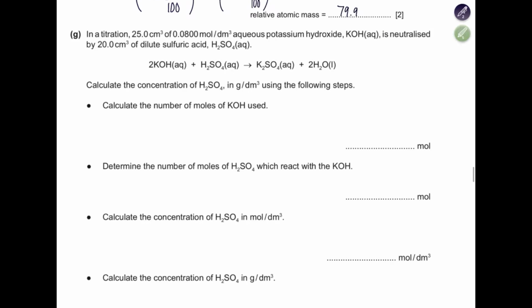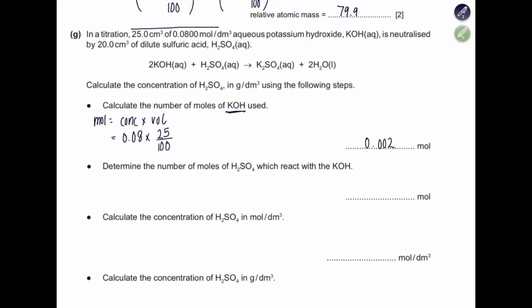Okay, next, in titration, 25 centimeter cube of 0.08 moles per decimeter cube aqueous potassium hydroxide is neutralized by 20 centimeter cube of dilute sulfuric acid, and we get potassium sulfate and water. Calculate the concentration of sulfuric acid in gram per decimeter cube using the following steps. First, calculate the moles of KOH used. Remember, moles in terms of concentration is going to be concentration multiplied by volume. So we use these values. 0.08 multiplied by 25 divided by 1000, and we get